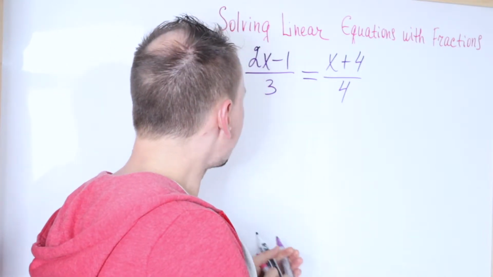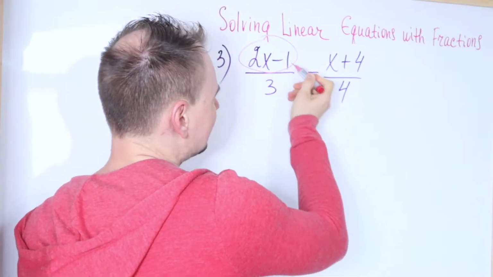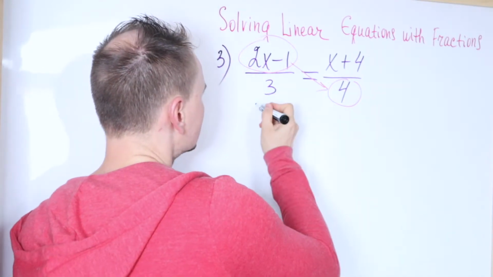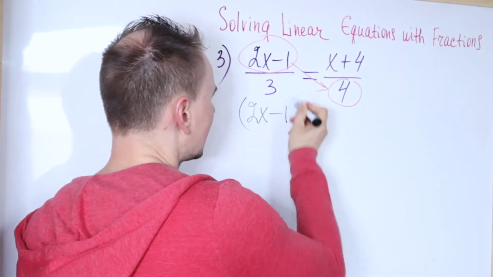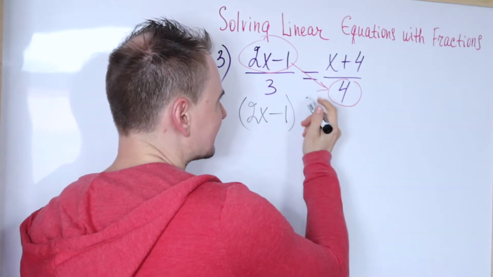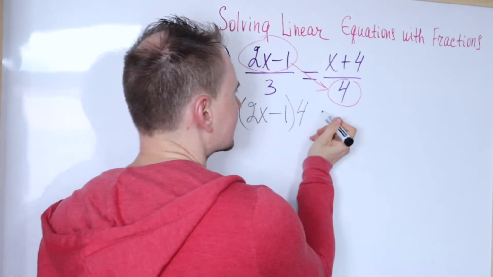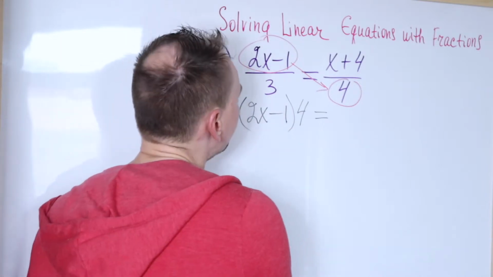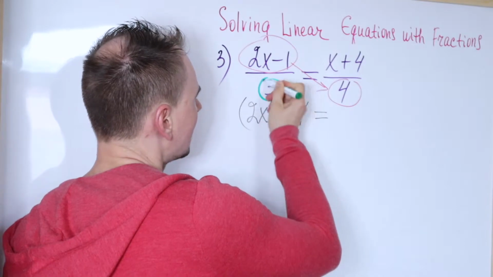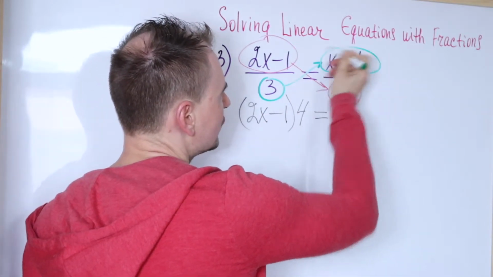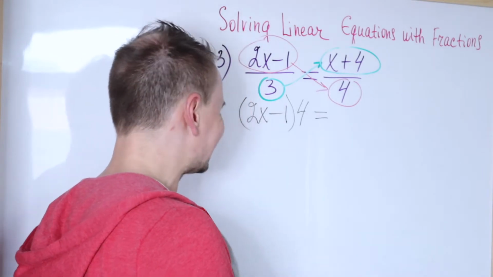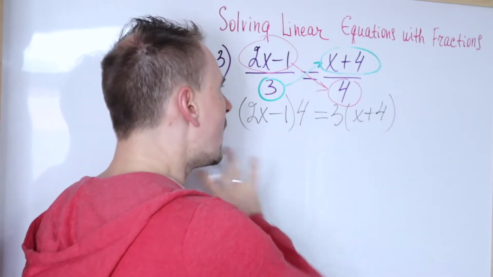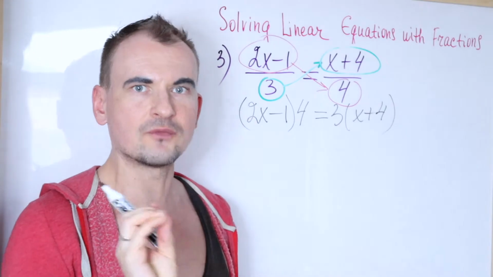Now, whatever you have on top of your first fraction gets multiplied by whatever you have on bottom of the second fraction. So 2x minus 1, you put the parentheses at this point, gets multiplied by 4, or you could swap the order, doesn't matter at this point, equals, now, whatever you have on bottom of the first fraction, you multiply by whatever you have on top of the second fraction. So 3 gets multiplied by x plus 4. Now, no fractions, we got rid of it